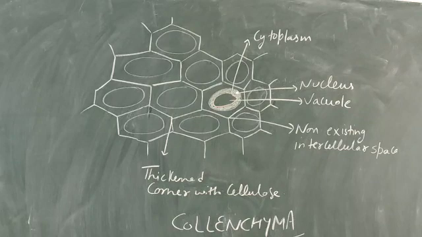And this tissue is composed of cells that are elongated and thickened with cellulose at the corners. The cells are elongated. In the case of the parenchyma, cells were rounded and oval. Here the cells are elongated and the corners are thickened with the cellulose. There is no intercellular space. Intercellular space is absent in this case, and the vacuole is also not as large as